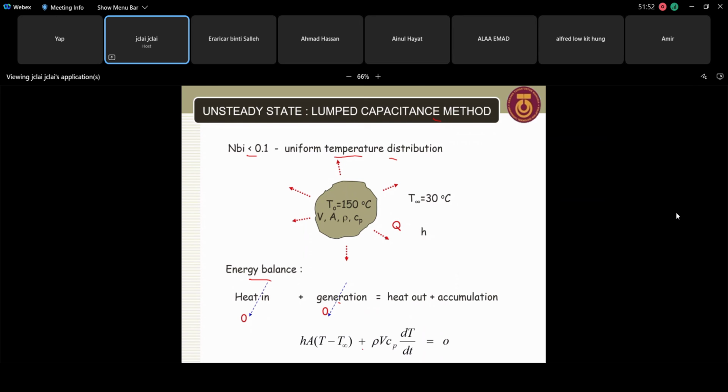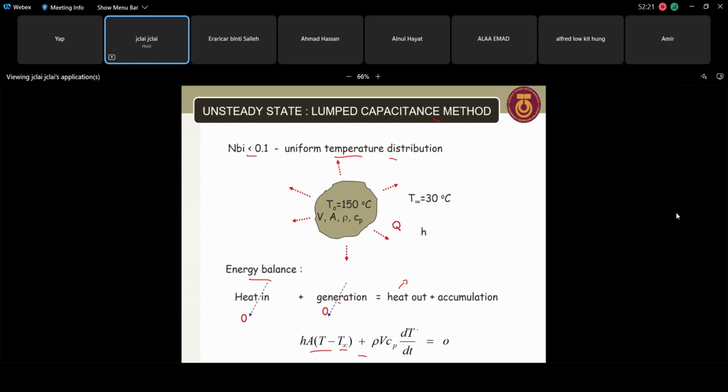Then this is the formula. You see, heat is lost to the surrounding through convection. So that's why you see hA times the temperature difference, right? We assume the effect of radiation is negligible. That's why you don't see heat loss through radiation. Mostly through